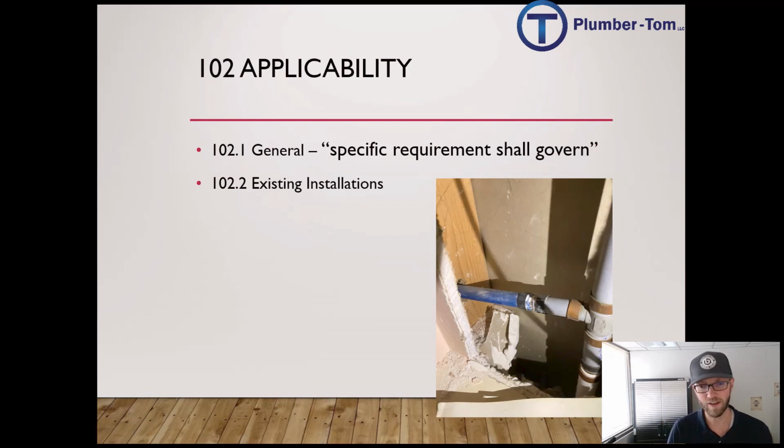We have a picture here as an example. In the 1980s, there was a lot of this gray polybutylene pipe installed. It was the precursor to PEX as we know it today. There were crimp rings, but this polybutylene pipe was really weak in the walls and ends up being kind of brittle, and the fittings tend to expand and contract and leak. So not a good thing, but it exists in a lot of buildings right now. Is it a good idea to cut it all out and repipe?